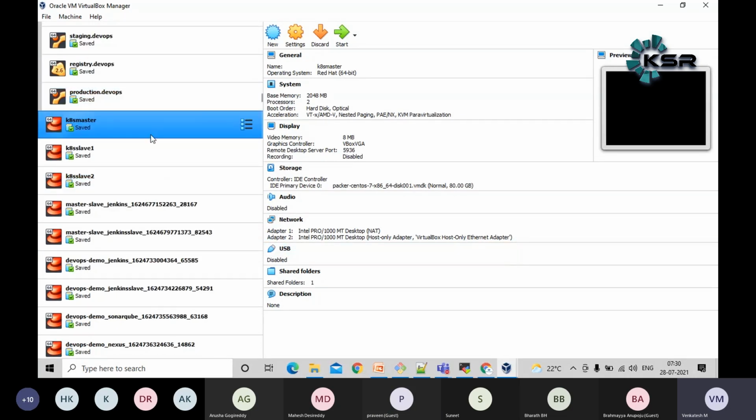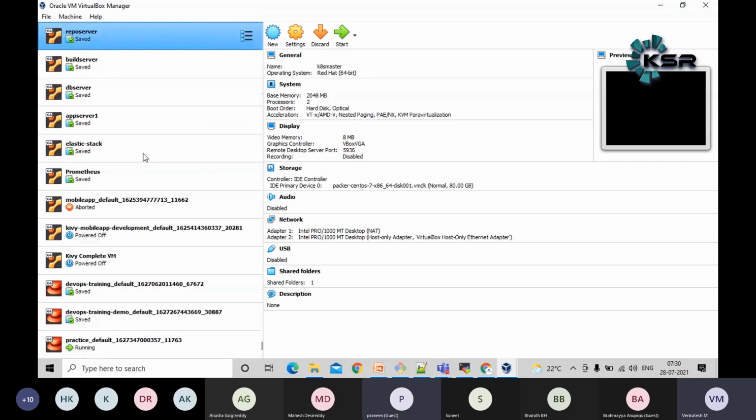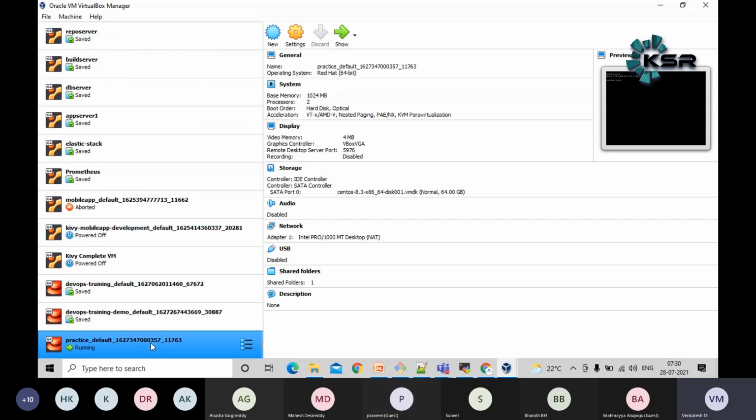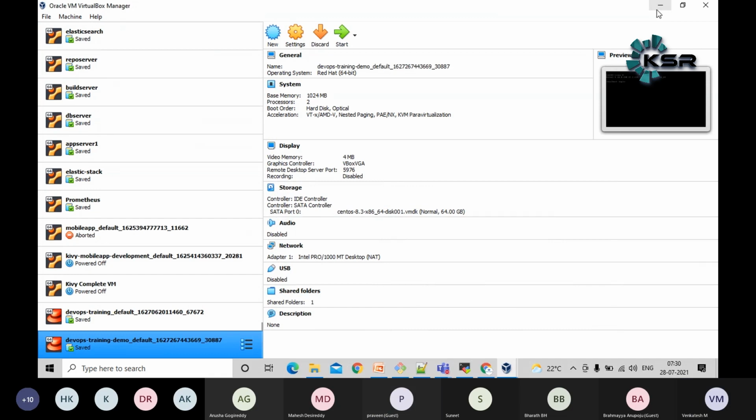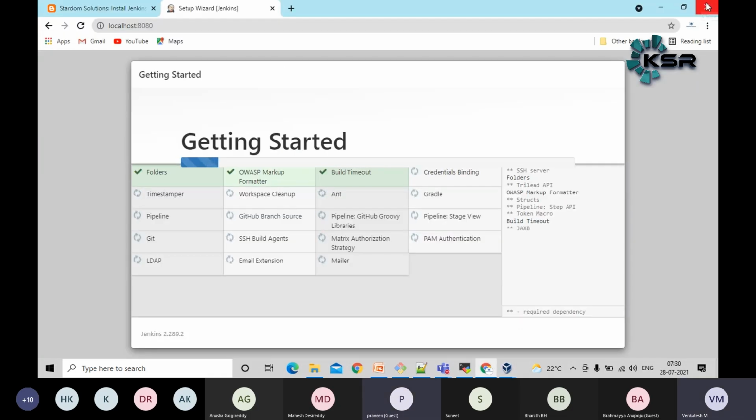I can install any VM as per my requirement. For the current machine, if you see, it is CentOS 8. You just need to choose the version which you want to use. You need to use a particular OS version. That's it. It's going to install automatically. Any further doubt, guys? Please ask me if you have anything.